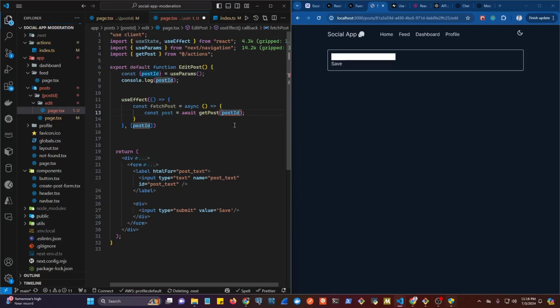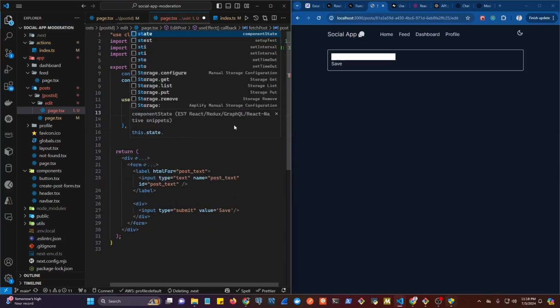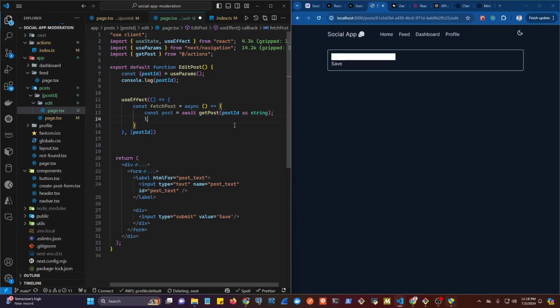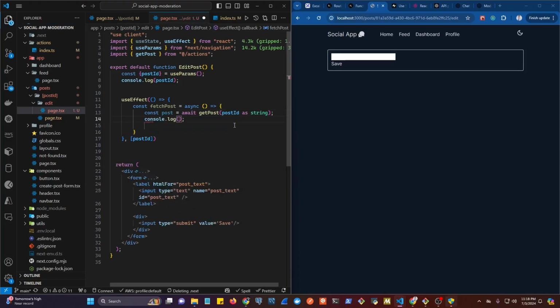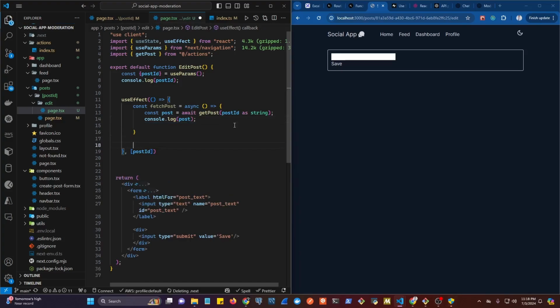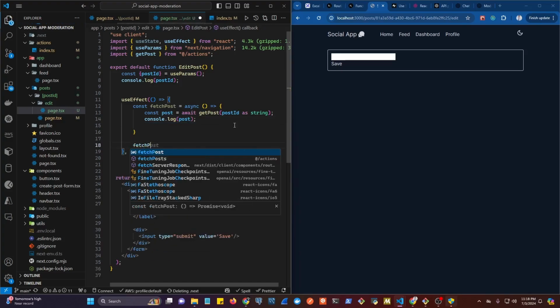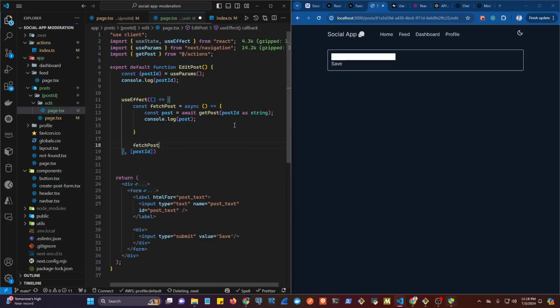So we can just tell TypeScript to cast it as a string, because in here for sure we're gonna receive a string. So in here we could console log the post, confirm it, and then we could call the fetchPost function here